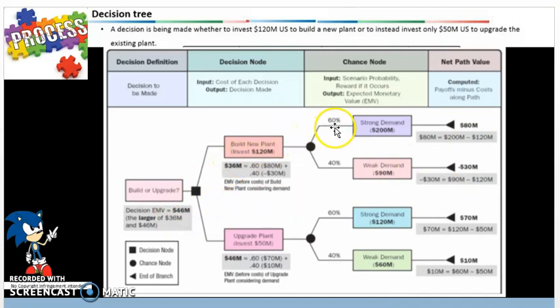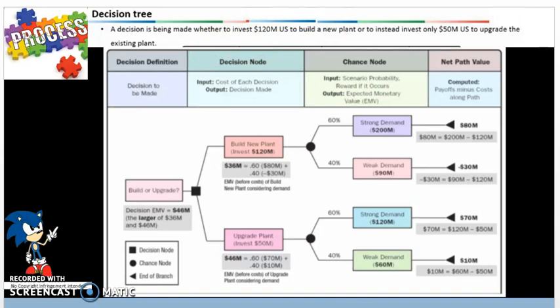so we would go with the above path in the tree diagram here, decision tree diagram, and say that we would want to build rather than upgrade, and we'll get more benefits that way. So that's how a decision tree is going to be used in conjunction with the expected monetary value formula, which is probability times impact. So you see that right here, probability times impact, you sum up all those values, and that will give us a net value that we'll be going after, and that tells us the $80 million value is we're going to build the new plant, and that will give us more benefits.